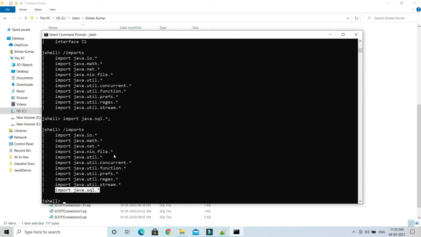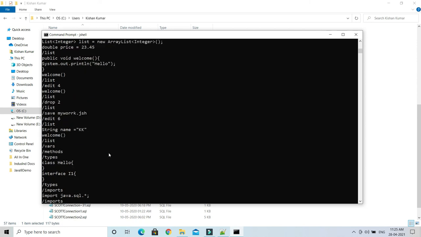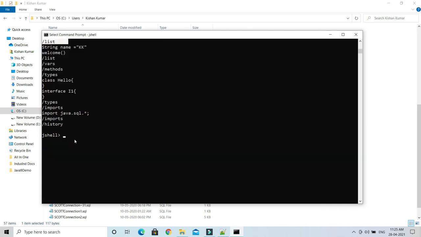The next command I would like to talk about is called history, and it will give you the history. History means whatever things you have typed till now on this terminal, everything will be listed over here. That's how history works. Now if you want to run the last command you ran again, then you have the command /!. If I do that, the last command we ran is running again.